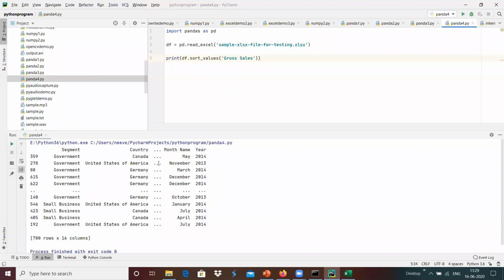Now it has been sorted with the help of the gross sales value. The data frame has been sorted, and we can do the manipulations accordingly.